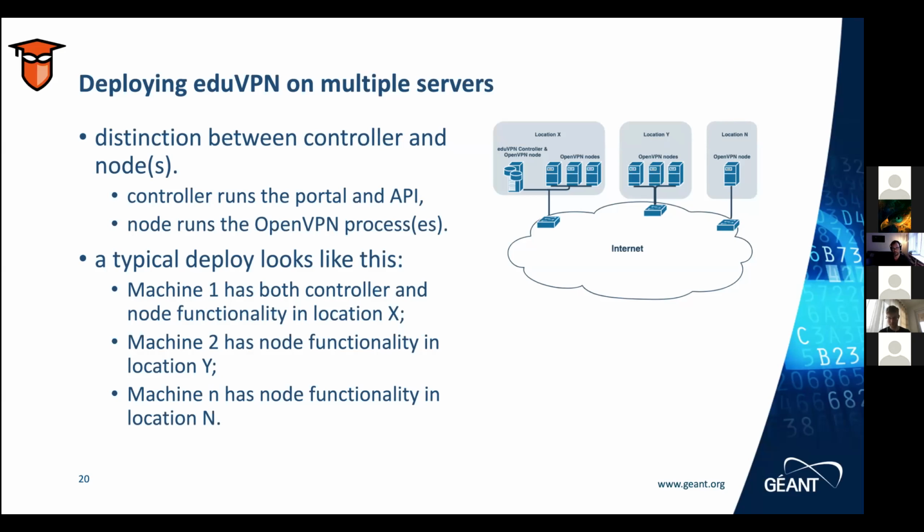But of course, this doesn't really scale up if you have thousands or tens of thousands of users. So what we did was build a communication channel so we can deploy more servers that host OpenVPN processes and basically scale indefinitely based on the hardware that is available. So we now have a university in the Netherlands that sometimes reaches almost 1,000 concurrent users, but they're still on one virtual machine. And that actually works really fine.